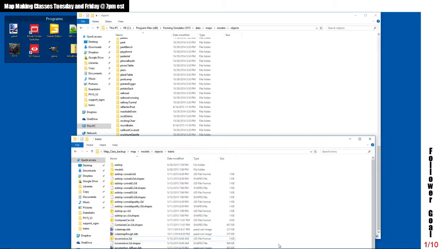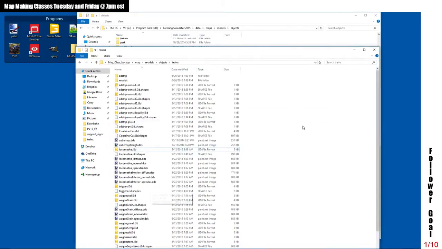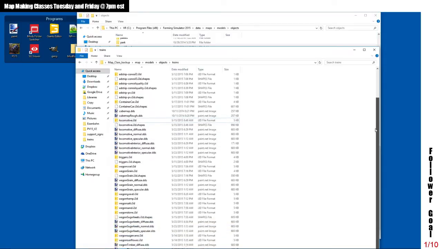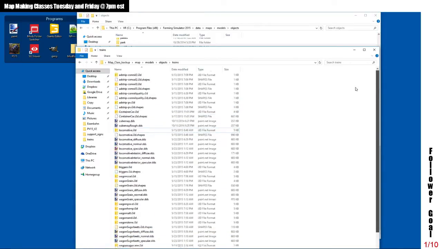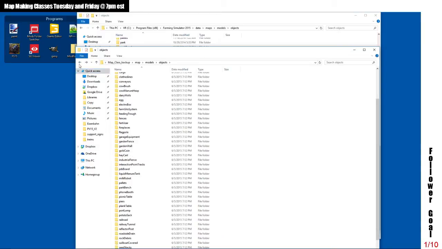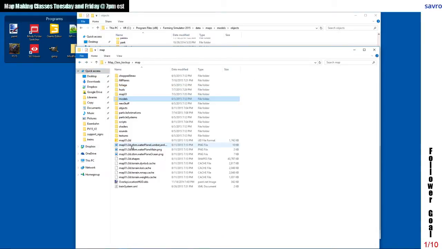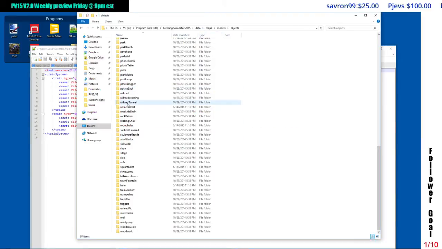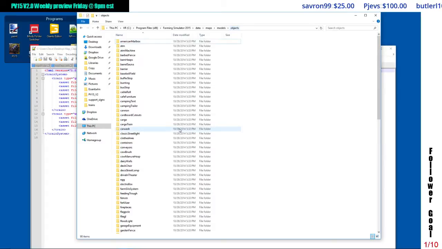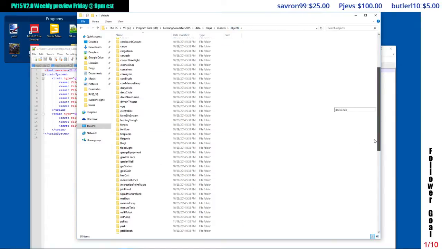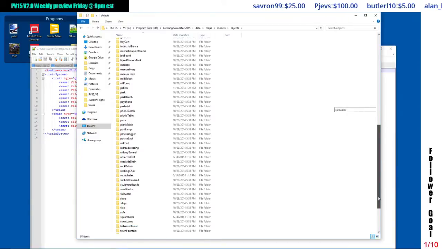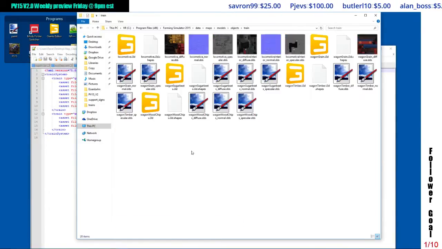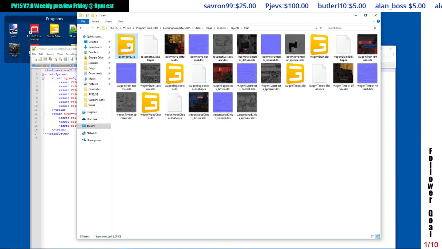actually it isn't there. Let me see. I know how to find out. What I need to do is find my train XML file here real quick, and I can't remember exactly where they are, but we still have some default pieces, and they're in Data, Maps, Models, Objects, Train. Okay, so Data, Maps, Models, Objects, and Train. And what you want to do is take the locomotive, open it up,